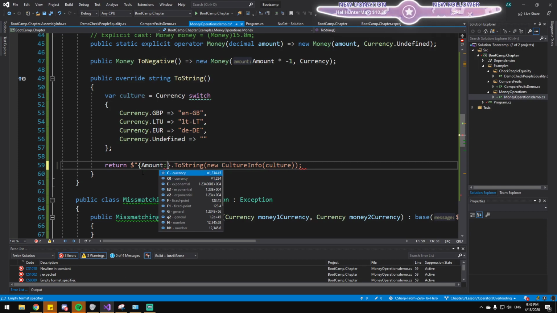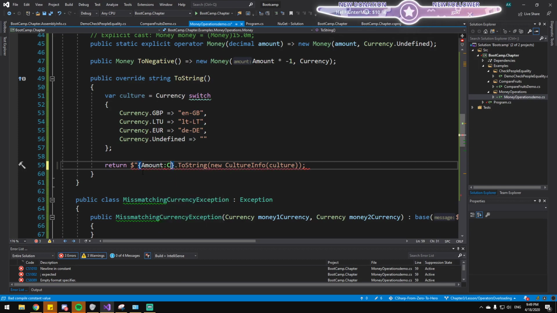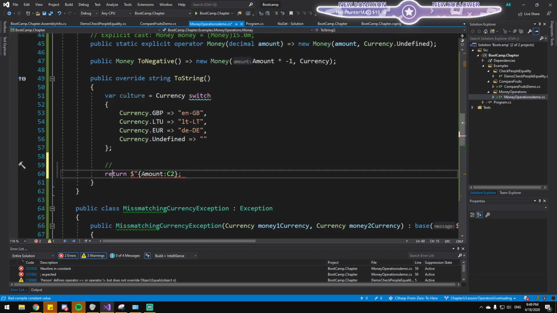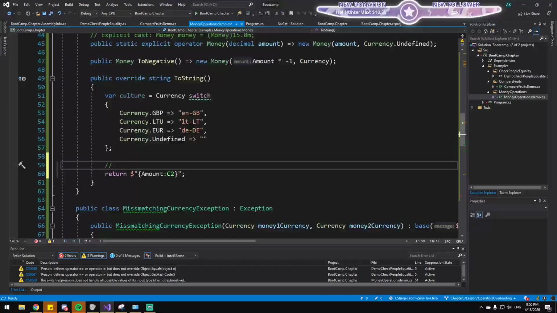Currency with 2 symbols and quotation mark and